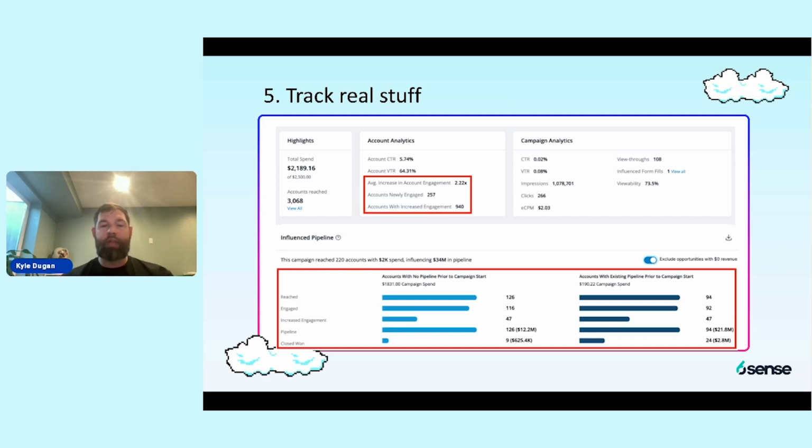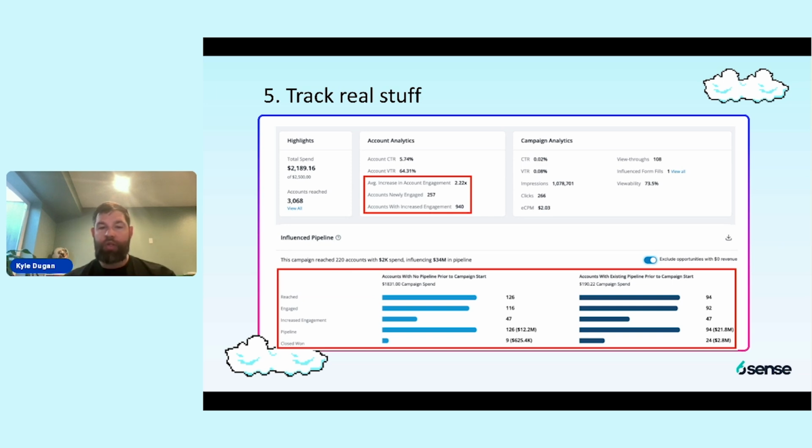Now, with that said, you can see down there below, we've also got some metrics based around pipeline. And on the left, we've got accounts with no pipeline previous to the campaign running. And then we've got accounts with pipeline once the campaign kicked off and started. And then there also you get reached, engaged, increased engagement, pipeline, and then closed won. And so for this campaign, you can see closed won. There were 9 accounts that we closed deals with that had no pipeline prior to the campaign start, and 24 total that had pipeline running and were also part of